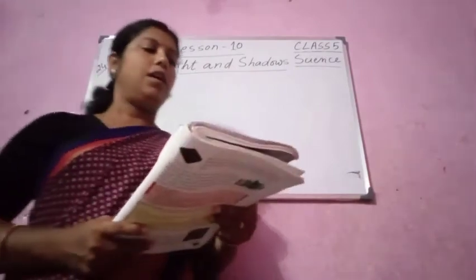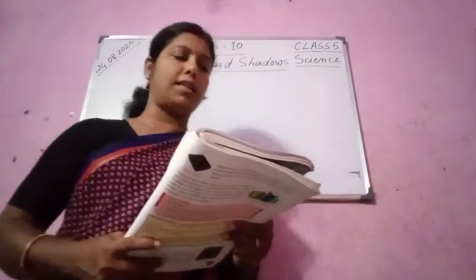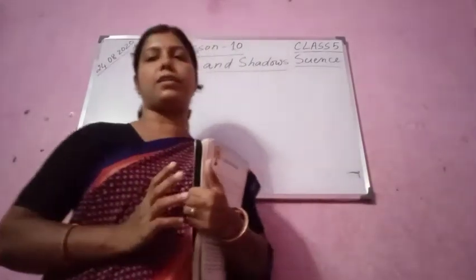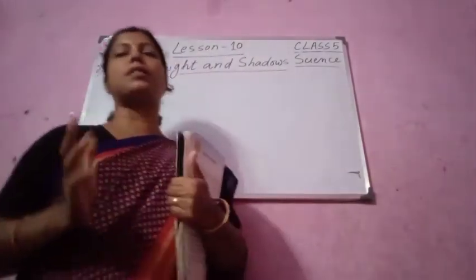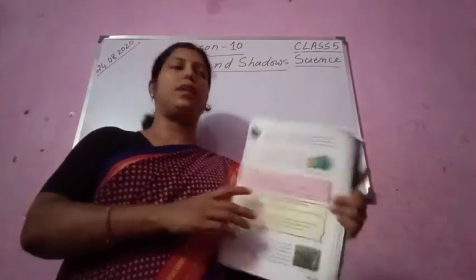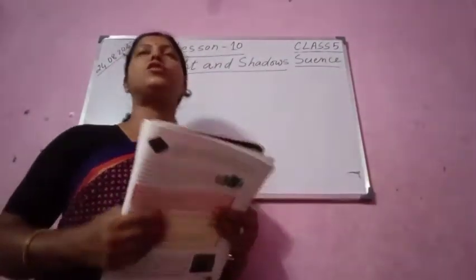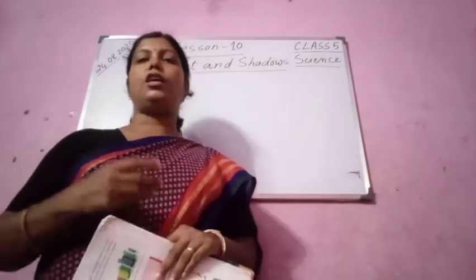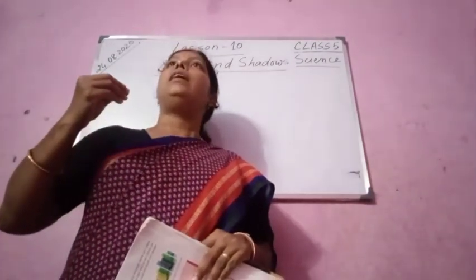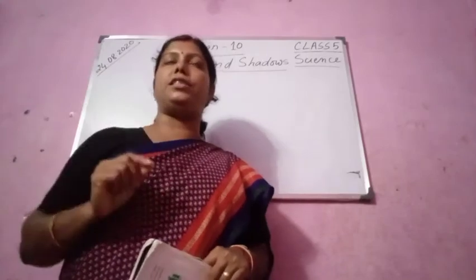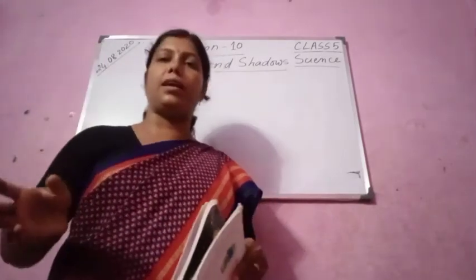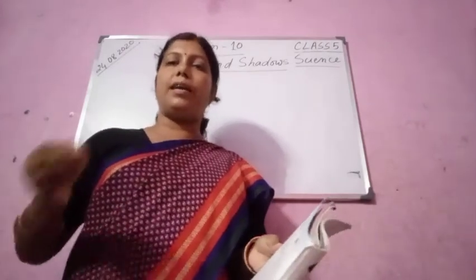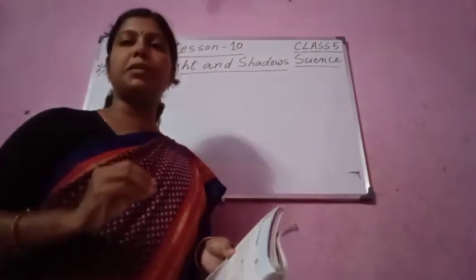So you see here, can you see the chair, table, book or other things around you when it's dark? When it is completely dark. Suppose you are in a room and it is completely dark. Can you see anything? The answer is no, you cannot see. Why you cannot see? This is because of light. You cannot see any object without light. If there is light, you can see something. Everything is visible to you if there is light. And if there is no light, nothing is visible to you.